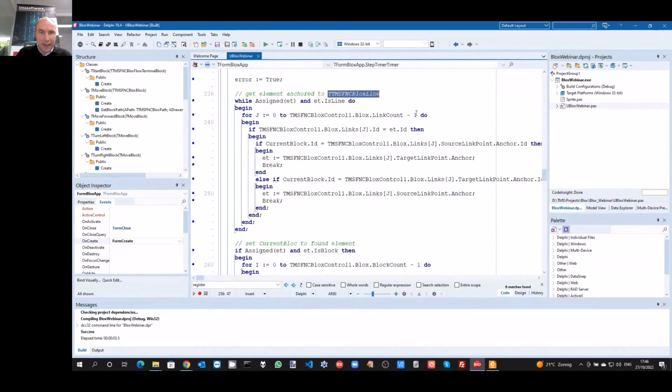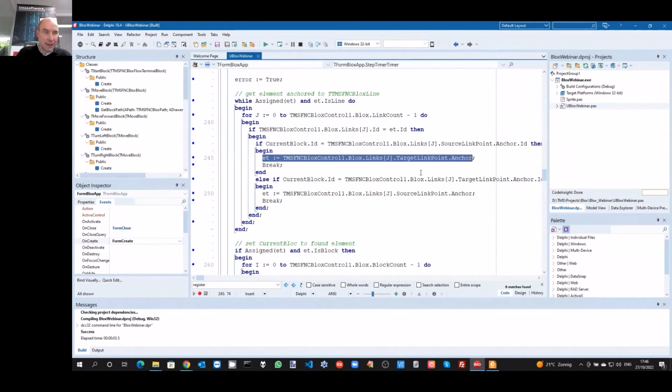If we have found this blocks line element, what we do then is determine what other element is connected to this line. And as you can see here, we search within all the links that are available in the blocks control for the link that matches the outgoing link of the current block where we are, and we then fetch on the target link point the element that is attached to it, and that element will become the current block.